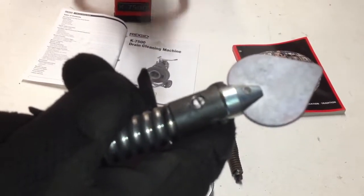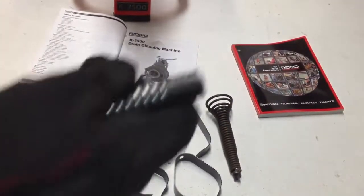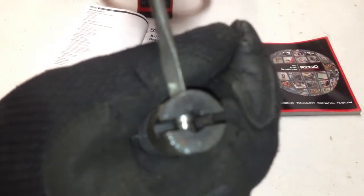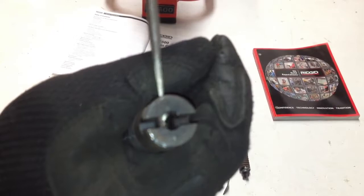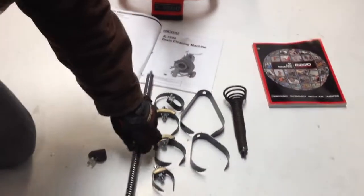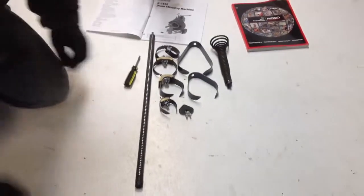If you want to know why it's that easy, I always like to know. The inside of this has a little bit of a cam, and so one side it's open, and as you rotate, the other side it's closed. So installing and changing heads on this is very easy, which is nice because you want to use this machine